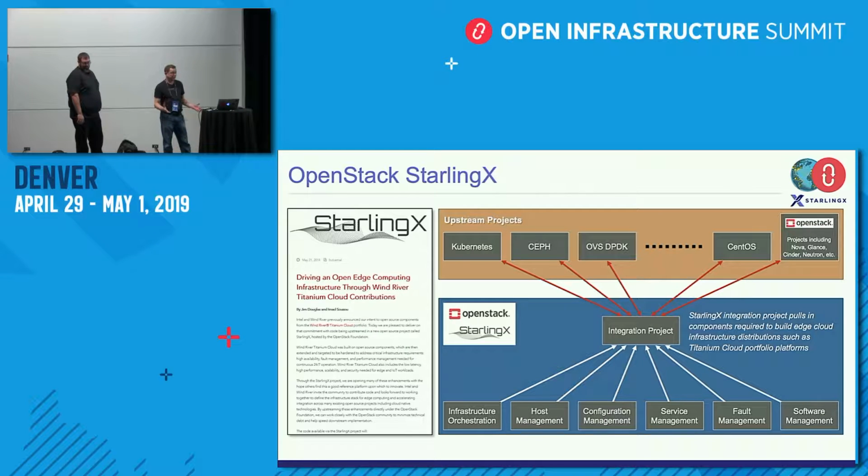So yeah, I work in the StarlingX group. We're actually one of the new pilot projects, started up a year ago. This is just a quick intro to StarlingX, if anyone doesn't know. The code is originally seeded from Wind River's commercial Titanium Cloud product, and that commercial product now builds on top of StarlingX. And StarlingX is basically like an integration plus project in the sense that it delivers a full,